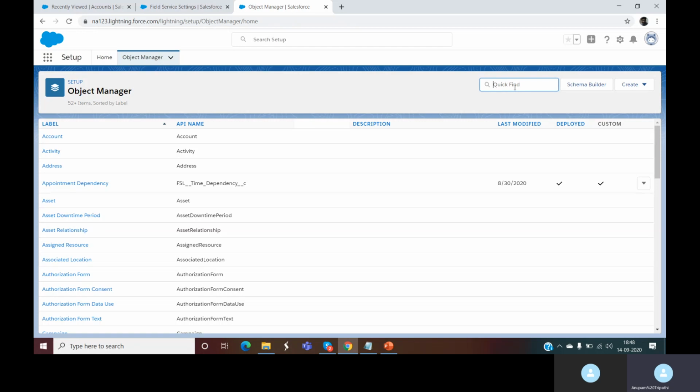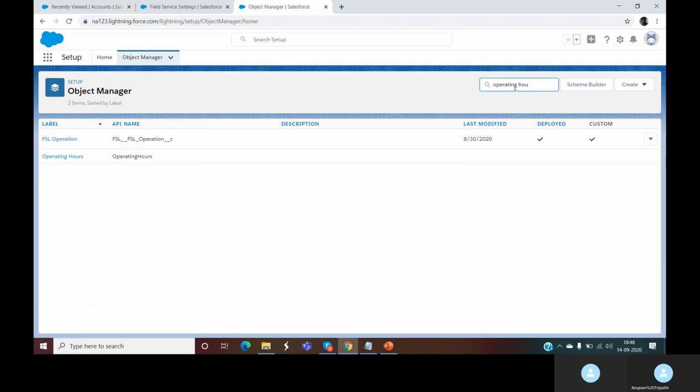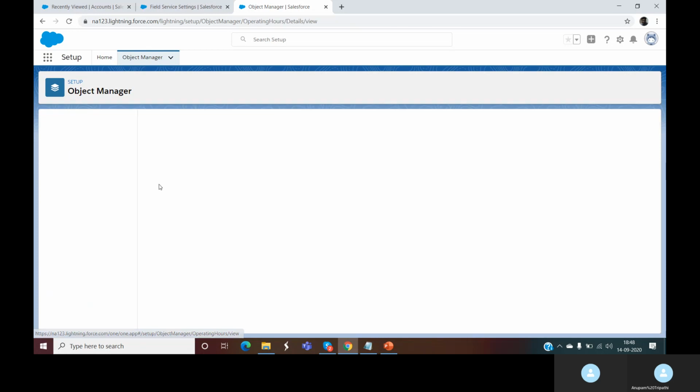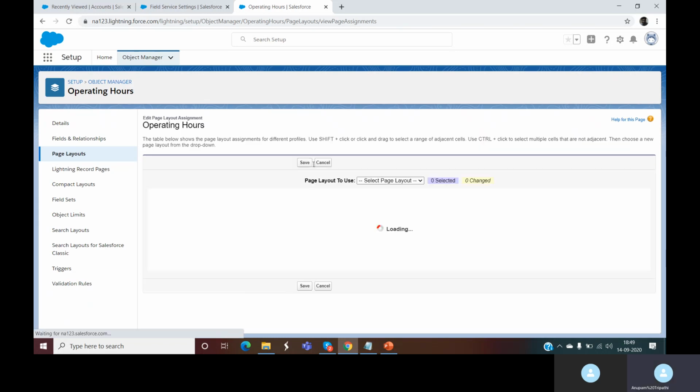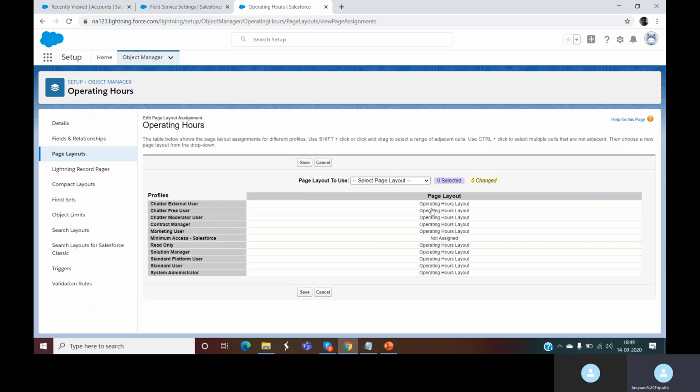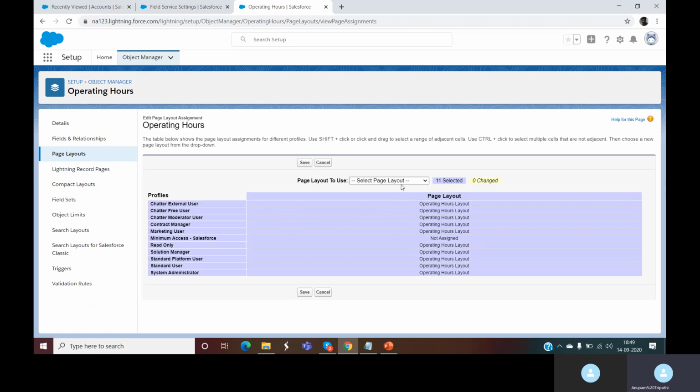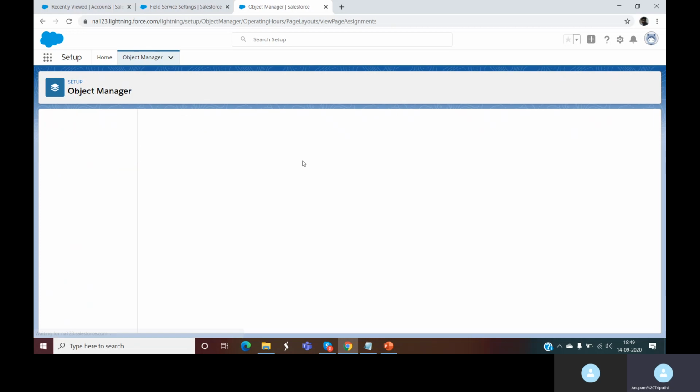Now we'll do it for operating hours. We'll go to page layouts. We'll go to page layout assignments. Click on edit assignments. Select all. Select field service operating hours layout.